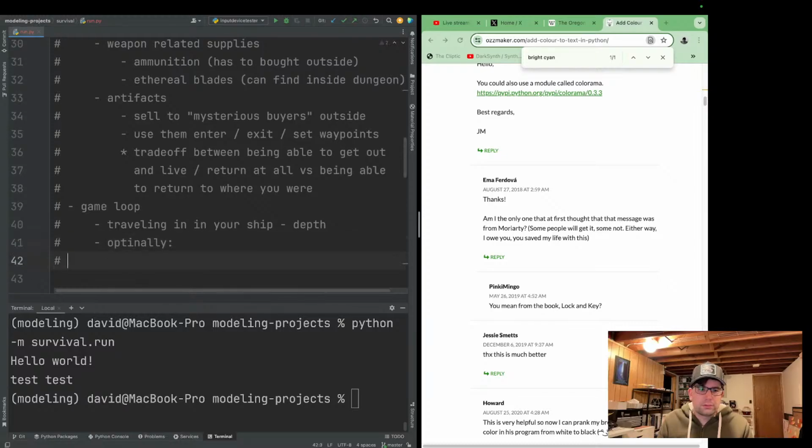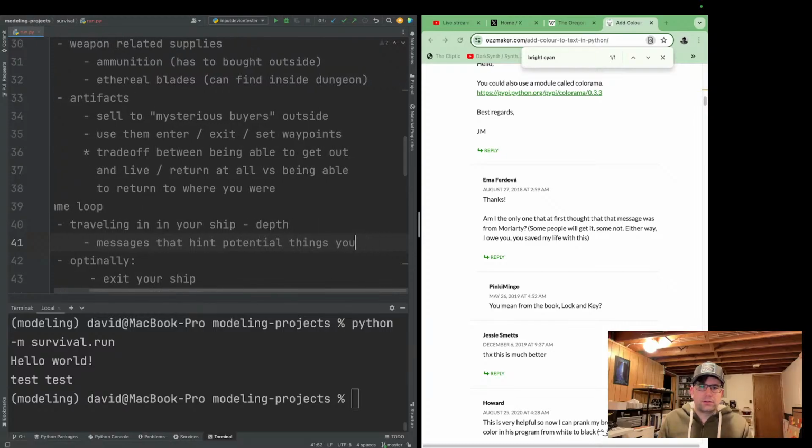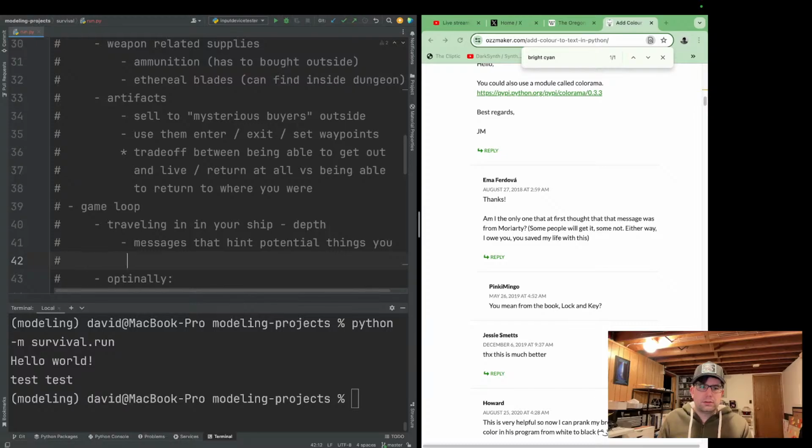So we could exit ship, and maybe you could get messages that hint at potential things you could find if you exit.